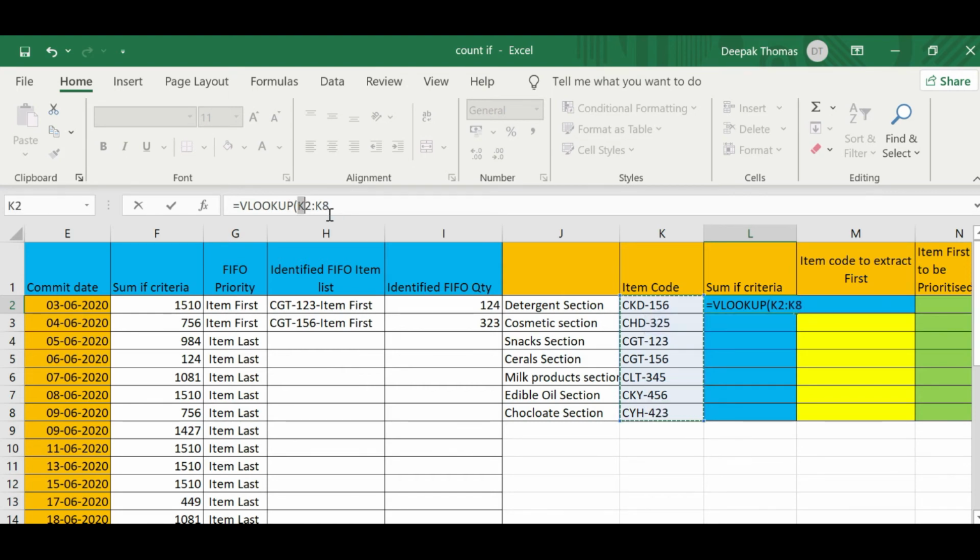I'll lock this so that it does not move further. That is called absolute cell reference locking. Just press F4, we'll get a lock on this, comma. Now it asks for the table array. The table will be